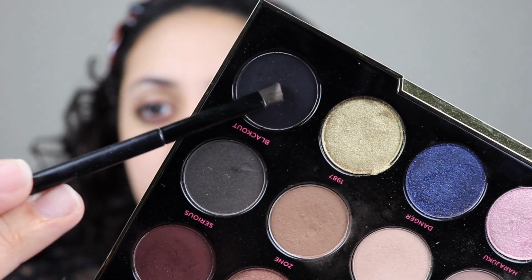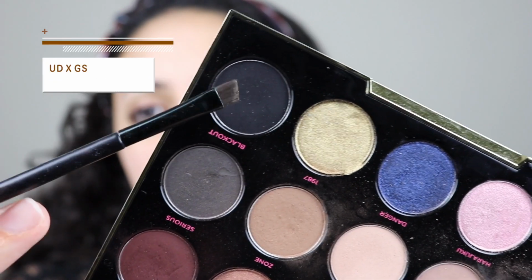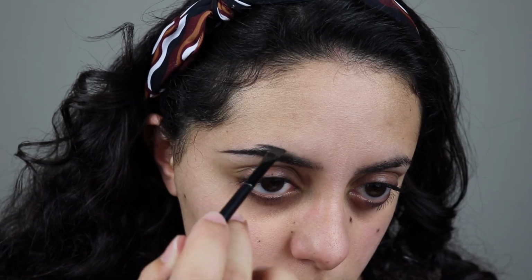So now I'm gonna be digging into the shade Blackout from my Gwen Stefani palette with this angled brush. And I know I usually use my Acti brow wax in Wench to do my eyebrows, but today I want my brows to be black, so I'm gonna be using a black eyeshadow to do my brows. Okay, so now that my extremely thick and ugly black eyebrows are done,